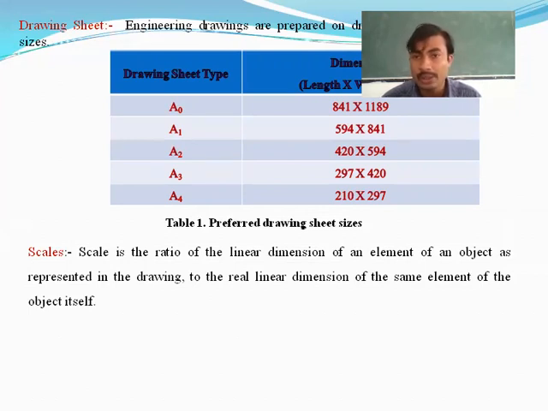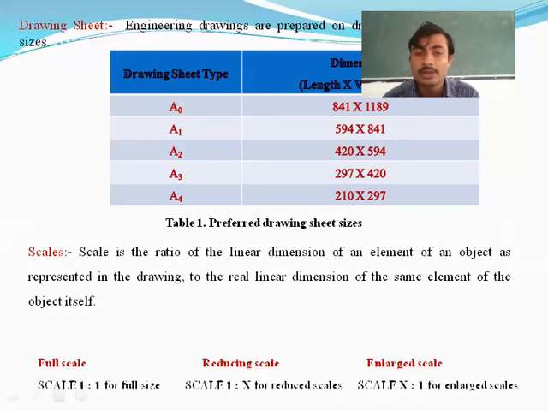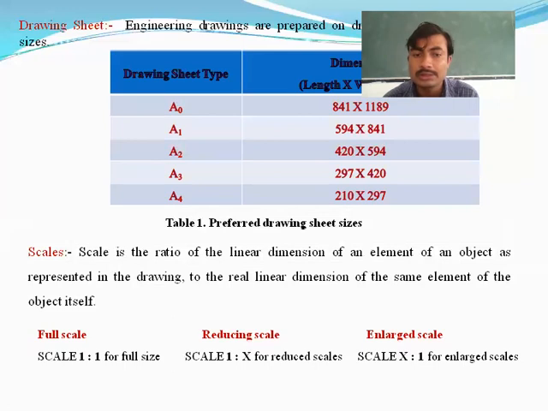Suppose if it is having 20 mm, we will draw that into the 20 mm. Okay. Here you are going to see the full scale. Full scale is nothing but 1:1 scale. Reduced scale is nothing but 1:x. Here the x is very, very important. X is going to play an important role in this scale. The value of x may be 2, 3, 4, 5, 6. Okay, it may be 1,000. Depending upon the application, you will use the number.